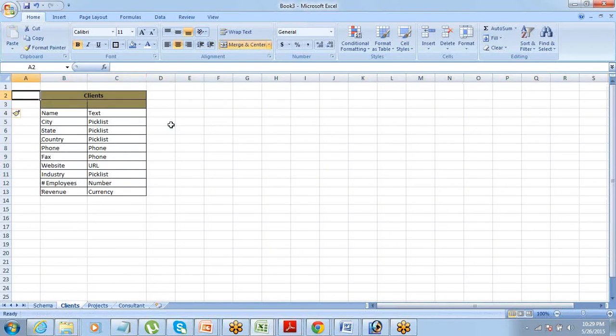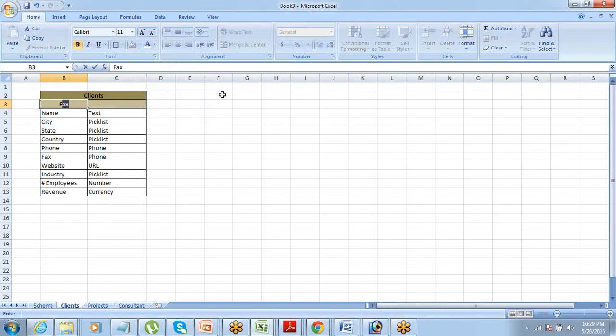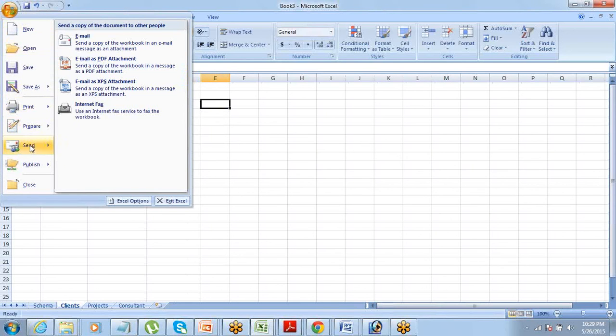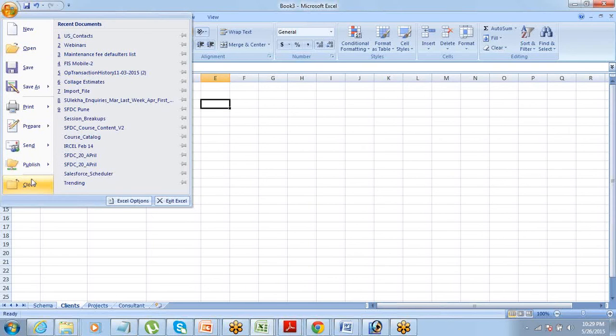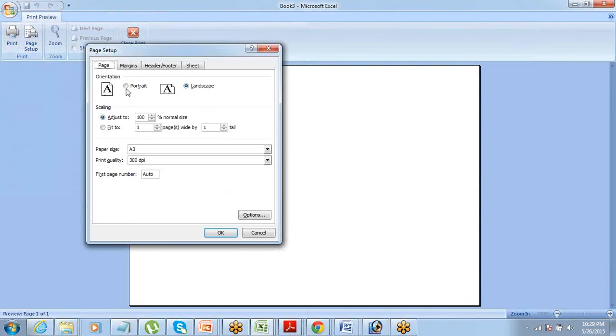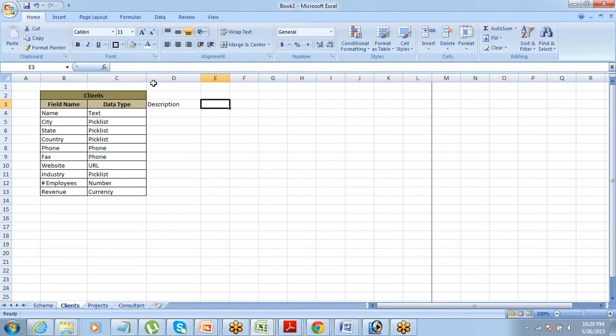Here, what you do is you put details like field name, data type, and description. Okay, so it will be a good thing if you quickly do the same print preview so that you get that line quick setup, portrait. Okay, close this. All right, now this page is going to be till here.